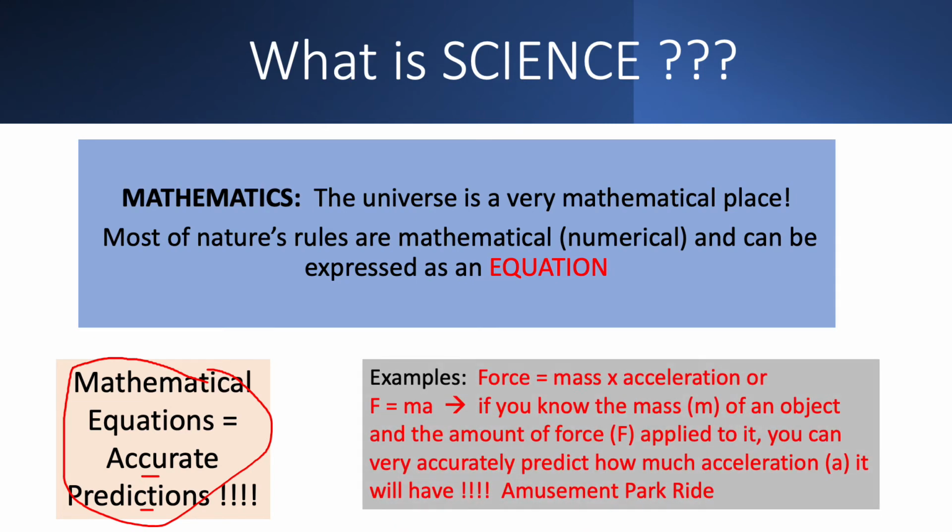All right. Here's a quick example. You can just hit the pause button and write some of these down here. So one of the most famous equations ever, F equals ma. Force is mass times acceleration. If you know the force and you know the mass, well, then you should just do some simple algebra and calculate the acceleration. I'm thinking of like an amusement park ride. Those things work constantly all day long, and unless a piece of metal fails or an electric motor goes out, there's usually never any really problems with those. So yay. All right, moving on.